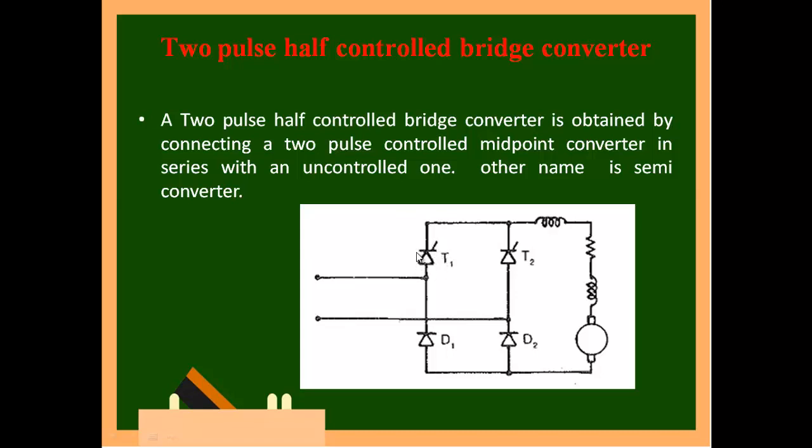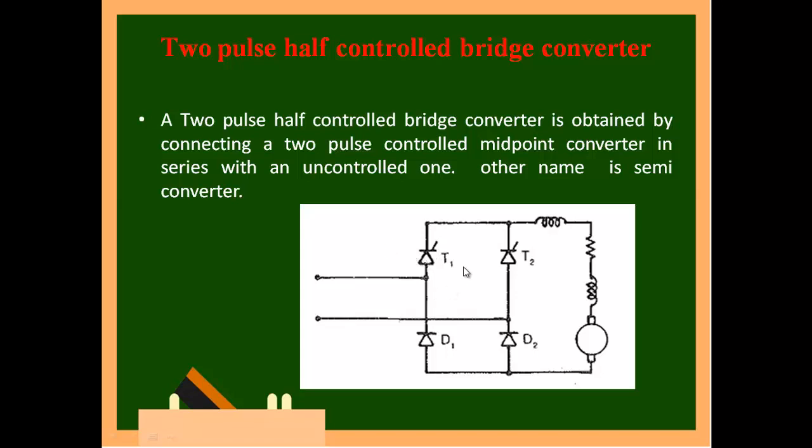Depending upon the firing, I will get the output. If I am firing at 0 itself, I will get maximum voltage. If I fire at 180 degrees, nothing will be there. So firing between 0 to 90, you will go for maximum. Again from 90 to 180, your output voltage will come down. If you gradually increase alpha from 0 to 90, your voltage will get reduced, and once it reaches 90 it will continue to decrease. So the entire control range is 0 to 180.